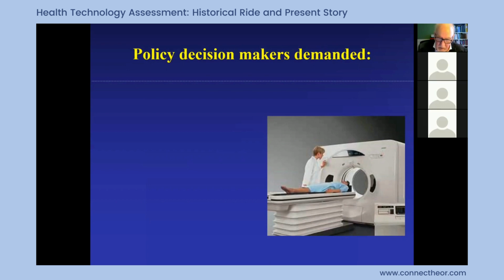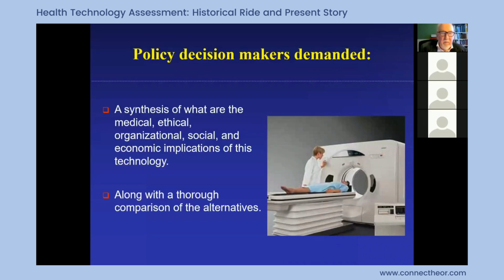This was the first technology that got the Nobel Prize very fast, 9 years after it came to the market. It came to the market about 73, 74. And it was extremely expensive compared to other things at that time. So the policy decision makers demanded a synthesis of the medical, ethical, organizational, social, and economic implications of this technology, along with a thorough comparison of the alternatives. That would require comparative